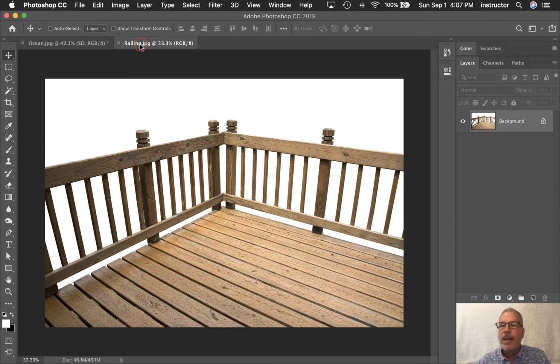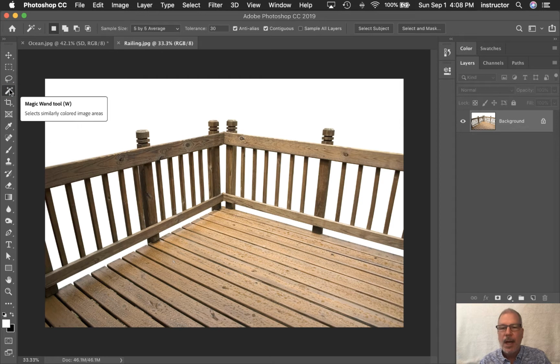Over to the railing. I'm on railing and I want to outline the railing. I'm going to use the magic wand tool, but I'm going to click on the background since it's the flattest color rather than click on this stuff. And if I click, I have my tolerance set to 30. If I click back here in the white area and I have contiguous turned on, which it is by default,